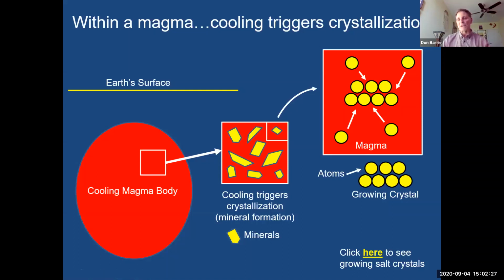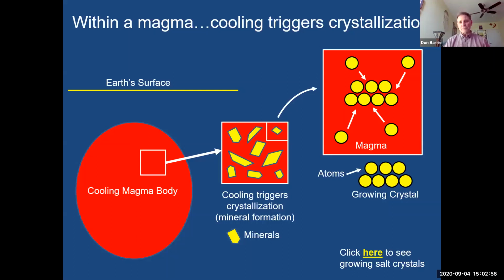If the atom has the correct electrical charge, it's also, in many cases, able to occupy vacancies around the perimeter of the growing crystal. So it's by this process, the transfer of atoms from the magma onto the edges of the growing crystals, that the crystals get larger and larger with time. This can only happen while there's magma left, and it can only happen as long as the magma is